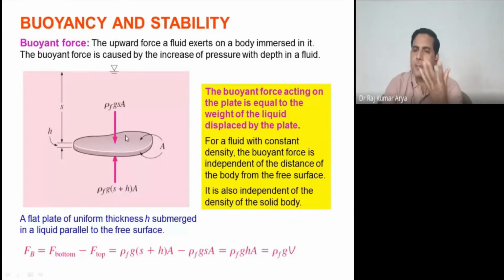Now, suppose you want to move it up. To move it up, you will throw out that water from the submarine with the help of the pump. The pump will throw out the water from the submarine to the sea. Now the submarine will become lighter, and therefore the lighter weight would be balanced by a lower buoyancy force, so the submarine should go up. You will go upper and upper only. Correct? So this is one of the good examples of buoyancy force and stability.